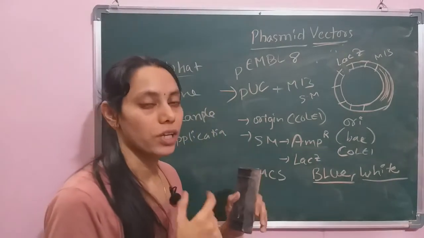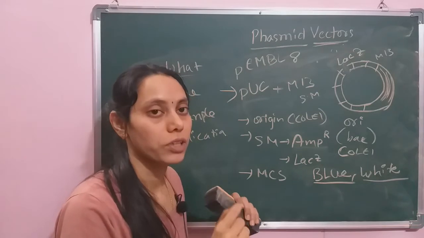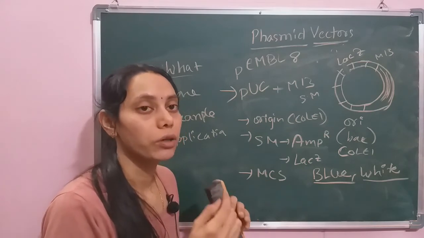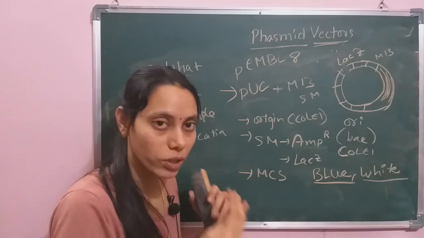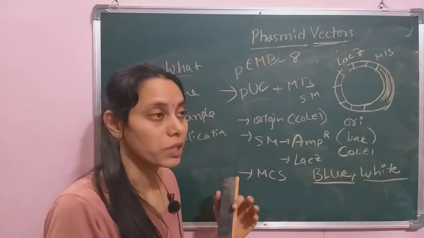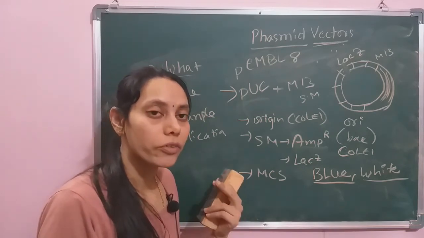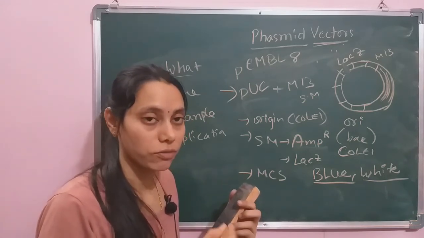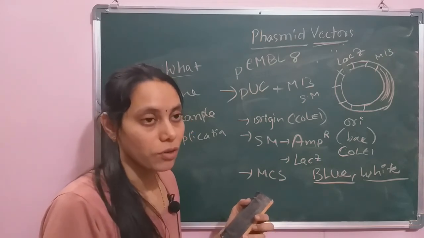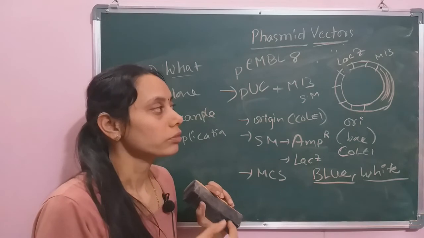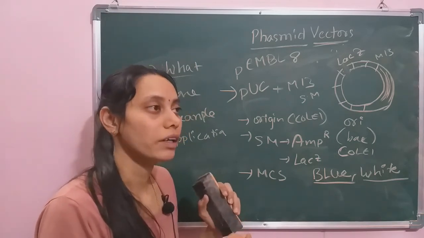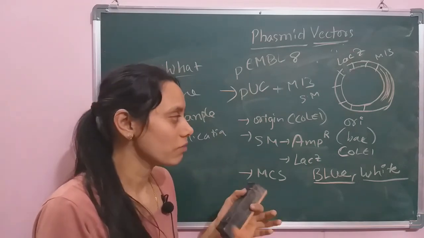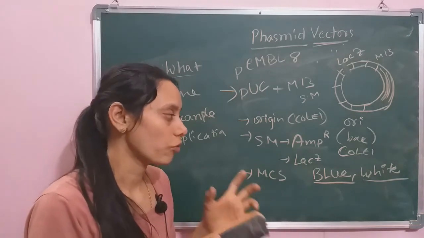So once we infect the host cell with these phasmid vector containing bacteriophages, it will go and replicate as a plasmid. Once the helper virus is introduced into the system, the rolling circle mode of replication will be triggered, and thereby single-stranded DNAs will be produced that will be packaged into the viral particles with the help of the enzymes produced by this helper virus, and these particles will burst the bacterial cells open, and they will come out. The clone will come out to form a plaque.